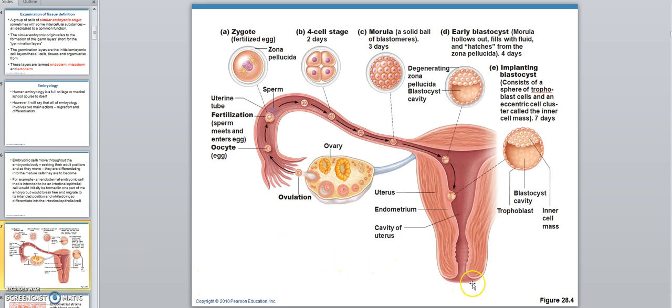So, here's the female uterus. Sperm would come up and then go into the fallopian tube. Okay? The female would ovulate. All fertilization occurs in the tube. The female would ovulate. If the sperm fertilized the egg, then the fertilization,